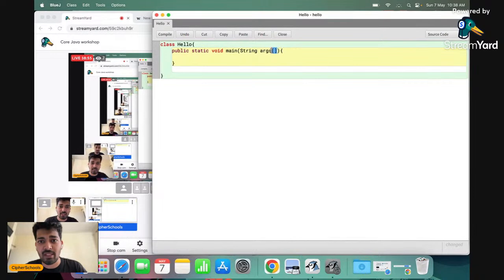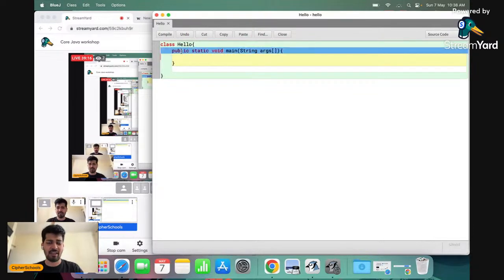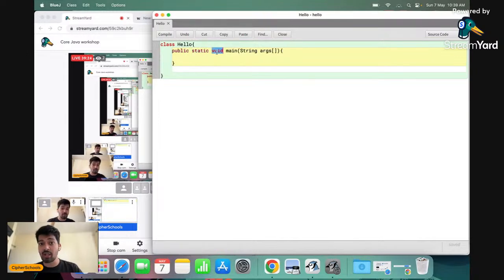Now, another thing that you see is opening and closing brackets, which is the symbol of an array. I'm expecting you might be aware of it if you're coming from a C language background. If not, please help me in the chat. We'll talk about arrays as well. So this is a symbol of array. Very simple. We have public, which is an access modifier, static, which talks about not creating an object. We have void, which talks about no return type. We have main, which is a method or a function and is an entry point. Then we have a string, which is the data type.